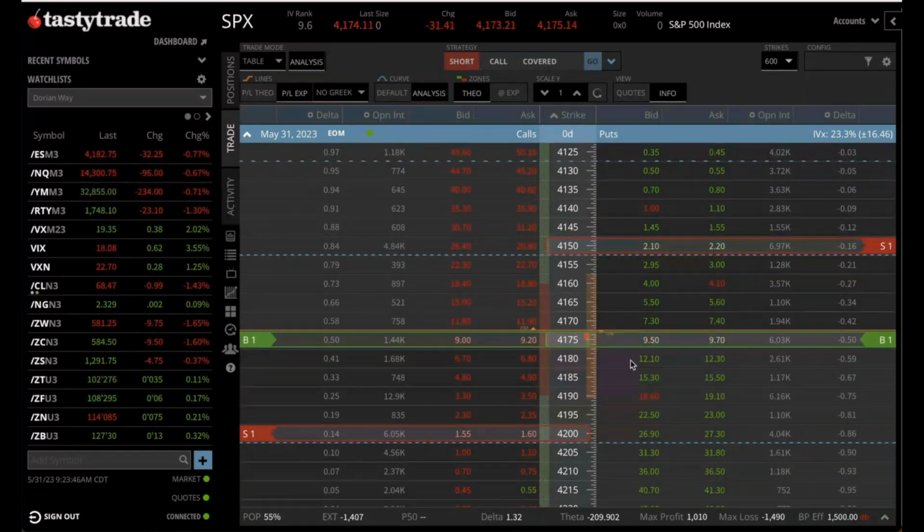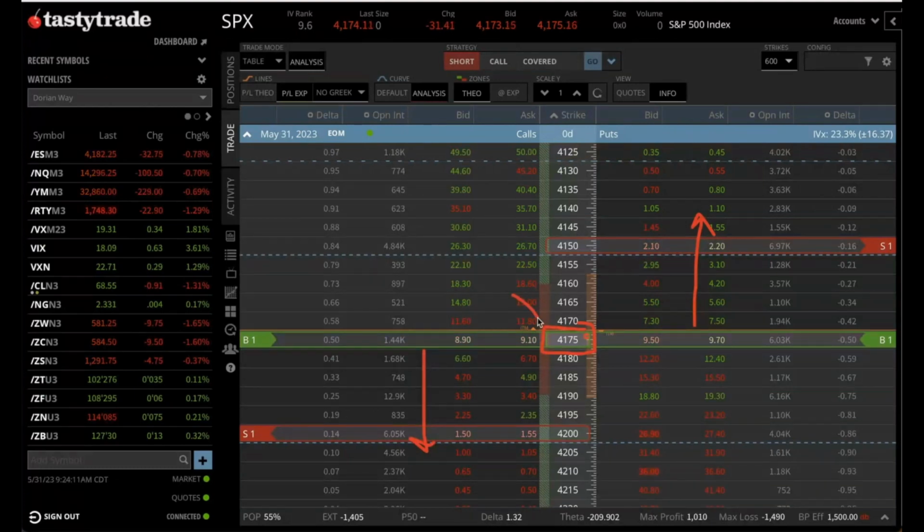If you're the buyer of the call, you have the right to purchase at the strike price, and that's here. If you're the buyer of the put, you have the right to sell at the strike price. So this is why if it goes down a lot, you can win, right? If it goes up a lot, you can win because you have the right at this